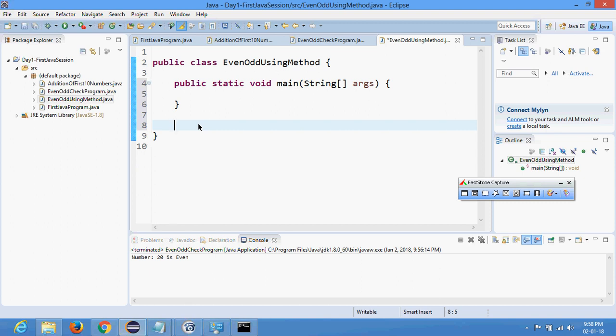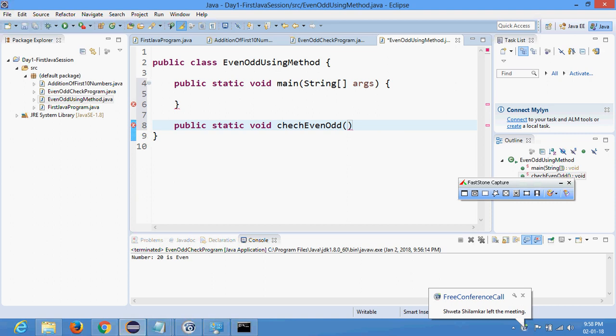Alright, so I will just add a method: public static void. The method name is check even odd. This is the method, and this method is going to take an input parameter as